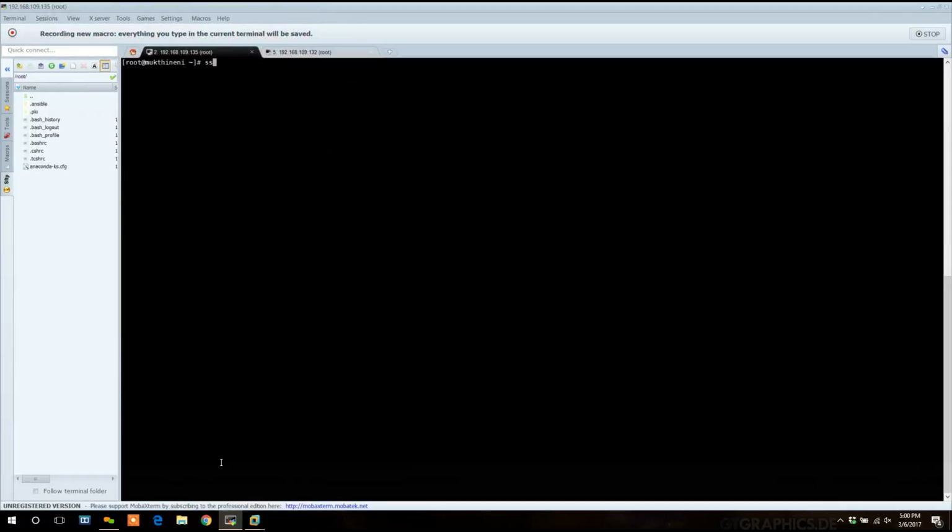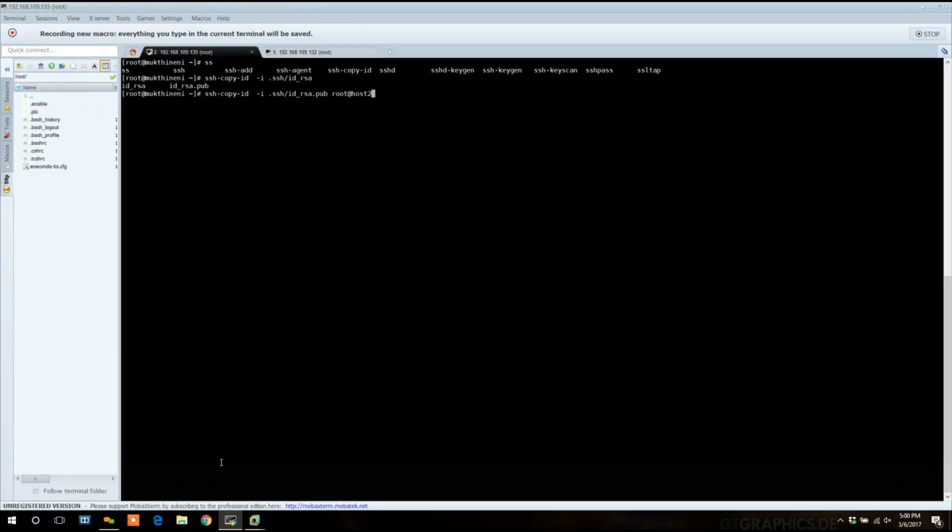For that, you have to use ssh-copy-id with the -i option for the identity, and use .ssh/id_rsa.pub. You have to copy this public file to the remote machine, that is root@host2.